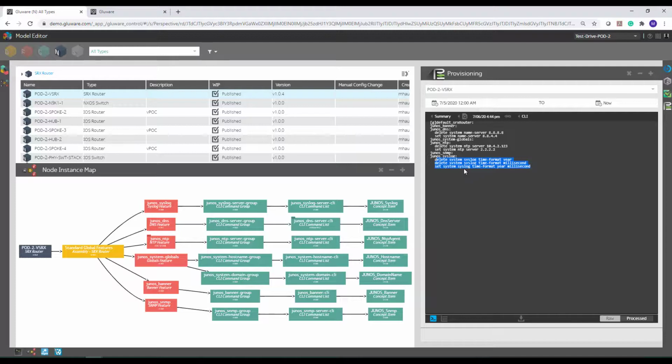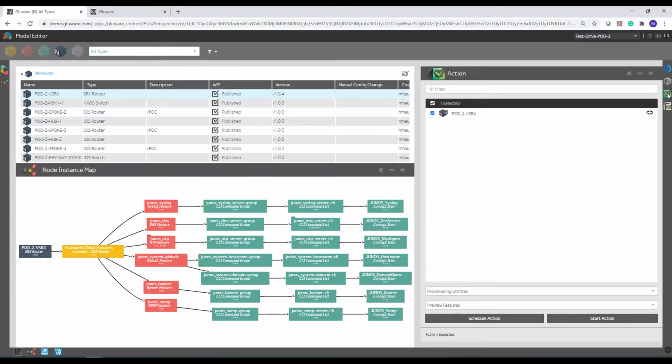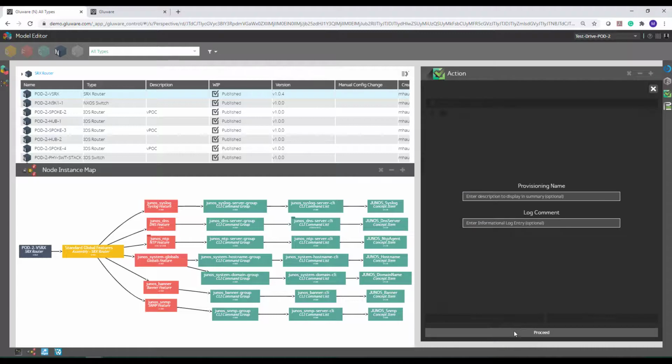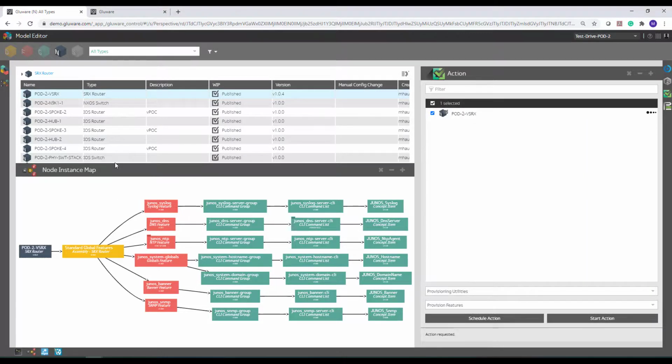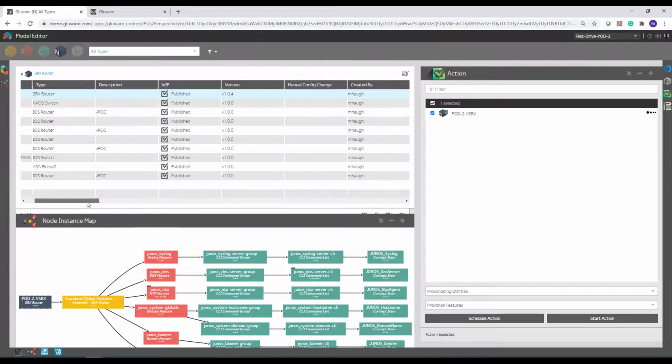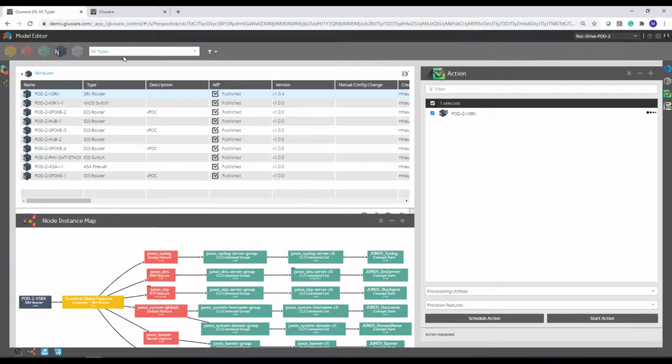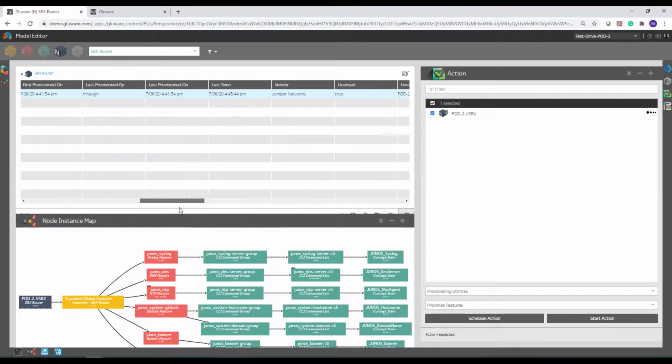So the next step would be to go ahead and provision these features, and I just click on actions. Now that I'm comfortable with the change, I change from preview to provision, and I hit start action and proceed. And again, a tip: you can change your windowing here and make sure you can see your slider bar. I'm going to change from all types to my SRX. I only have that one Juniper router in this test bed, and I can see it cycle through the features that we're automating here through DNS, and it's going to go through NTP in the system globals and